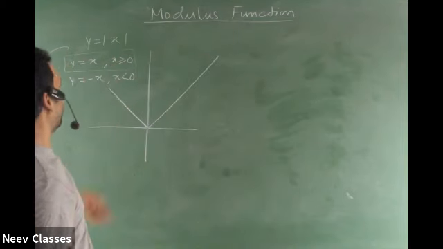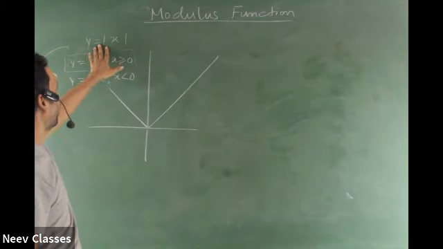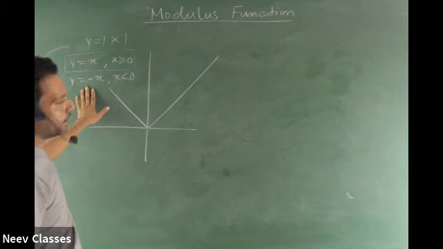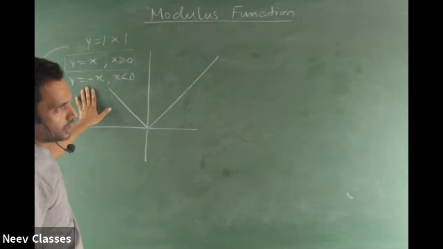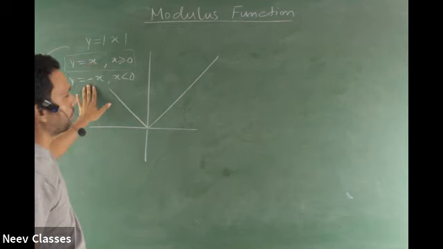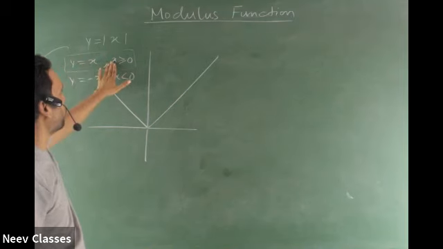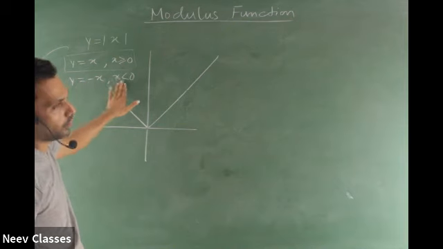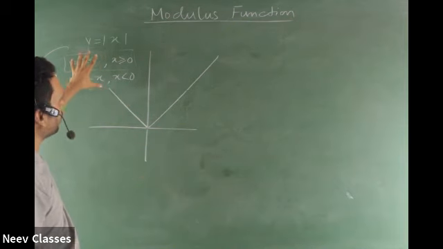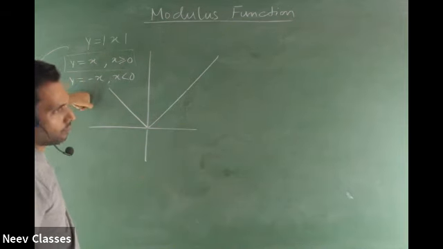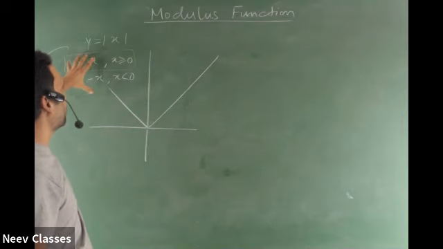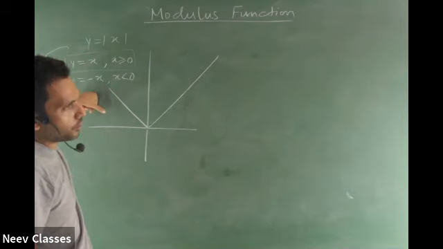I'll tell you the step. I gave you a mod graph. I told you it is as good as 2 graphs, right? So the first step is to break it into as good as 2 graphs. Get the point? The first graph is valid from where to where, the second graph is valid from where to where. Anybody has doubt in this, you ask me, because if you are not able to do the first step, you will not be able to do the other steps.